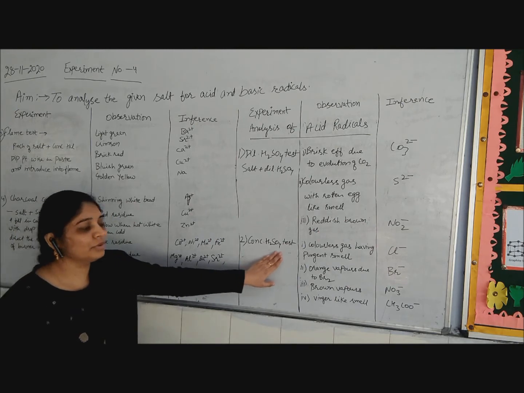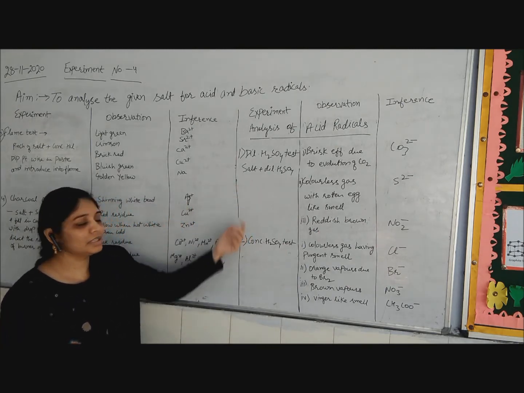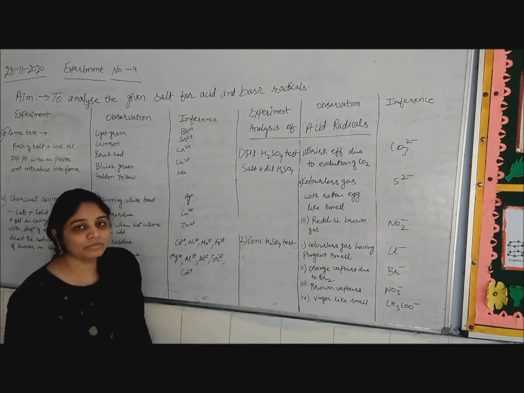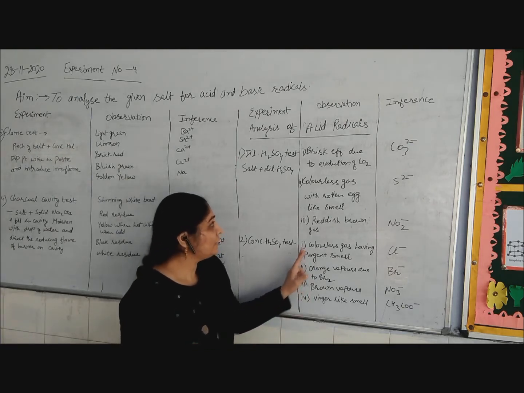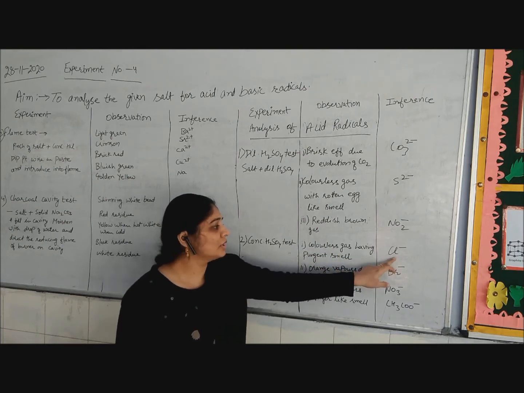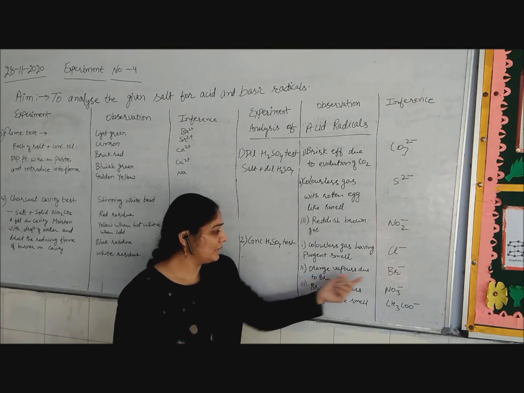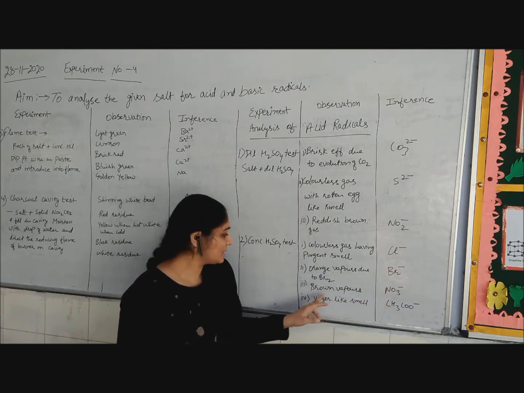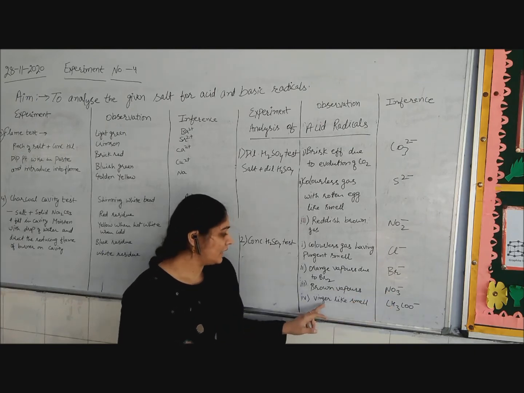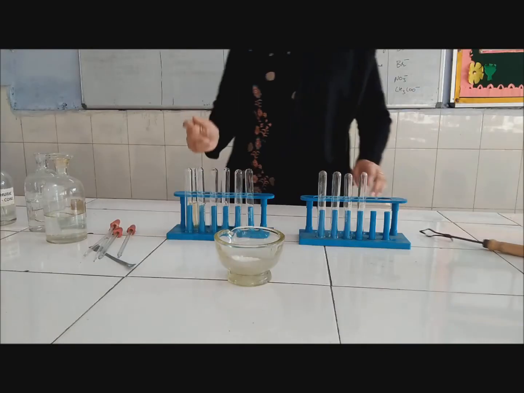Then the concentrated sulfuric acid test, in which in the same way we take a pinch of salt and add a few ml of concentrated sulfuric acid. Then we observe a colorless gas having a pungent smell, then chloride ion is present. Orange vapors due to bromine, then bromide ions may be present, and brown vapors due to nitrate ions. If it is a vinegar-like smell, then acetate ions are present.